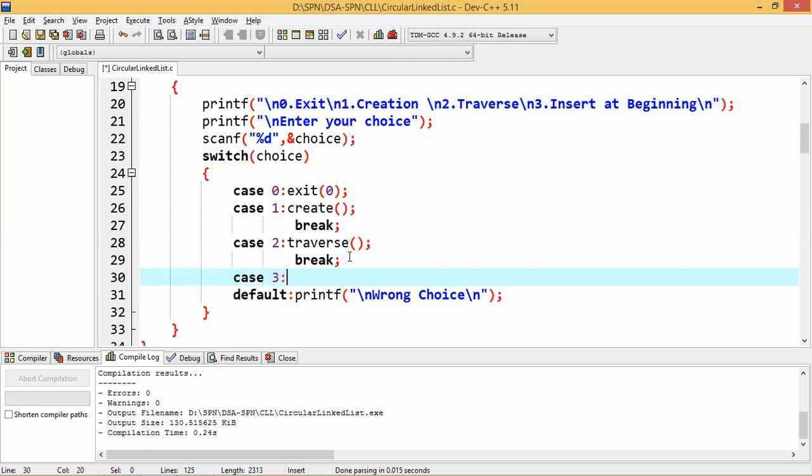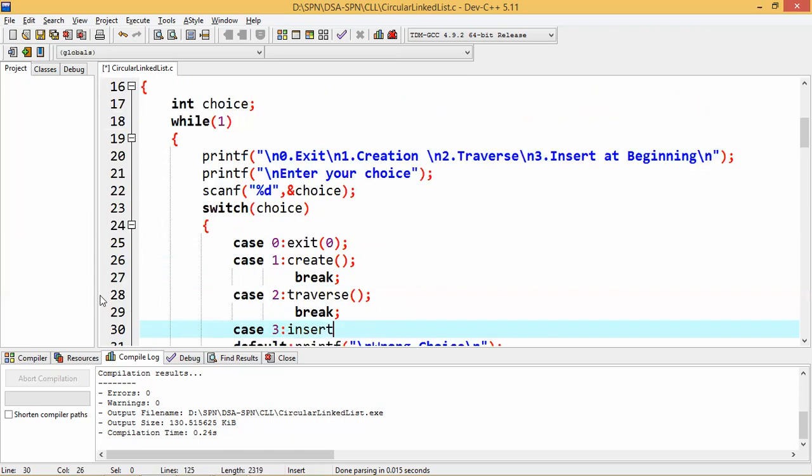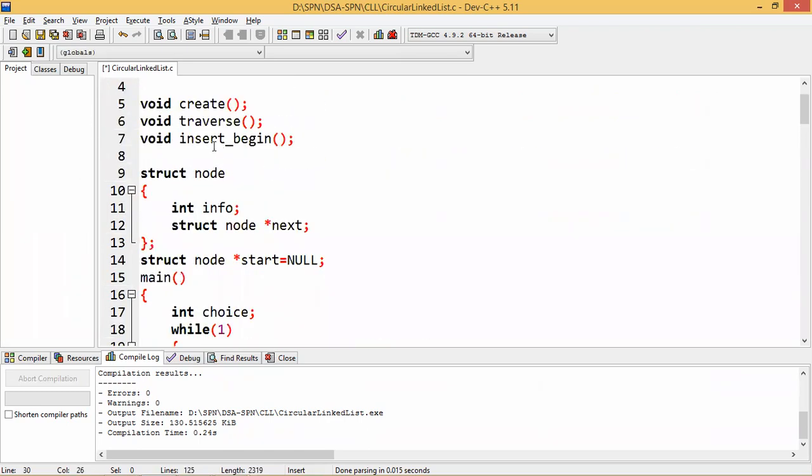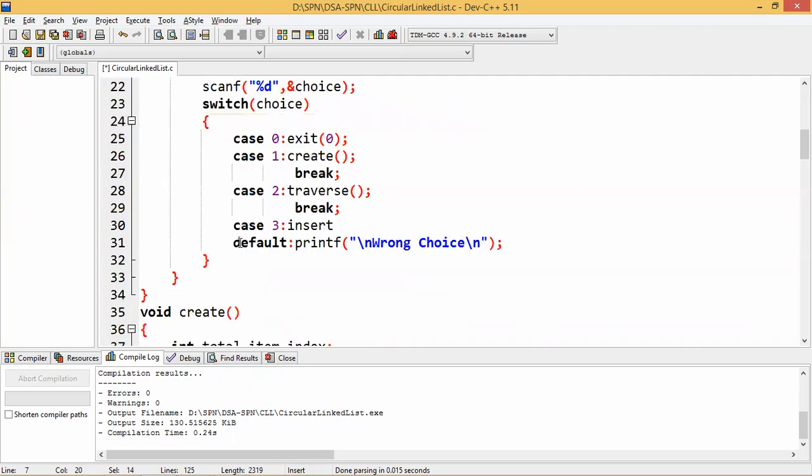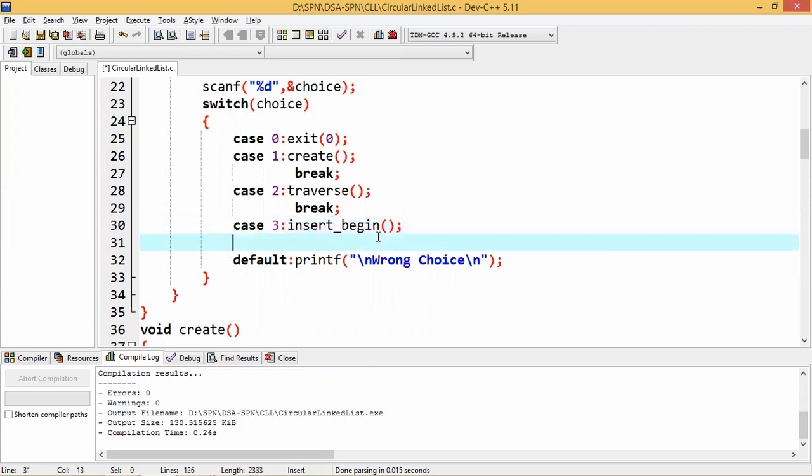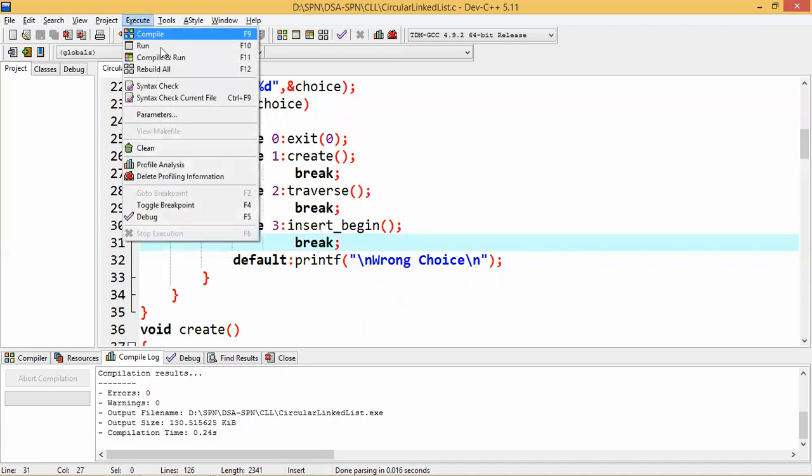Case 3. Okay. Insert begin and then break. Done. So let us check.